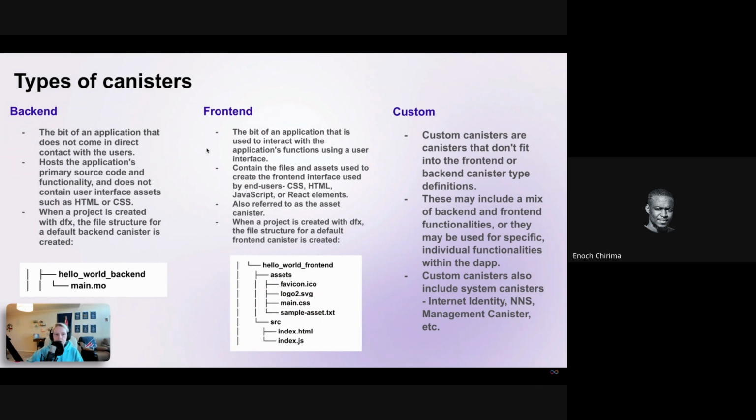So in addition to backend and front-end canisters, there's also kind of a catch-all category that is known as custom canisters. Custom canisters don't fit into the front-end or back-end canister definitions. They might include a mix of both back-end and front-end functionalities, or they might be used for specific functionalities within your application. So for example, if you have a social media application and you have several different components of that